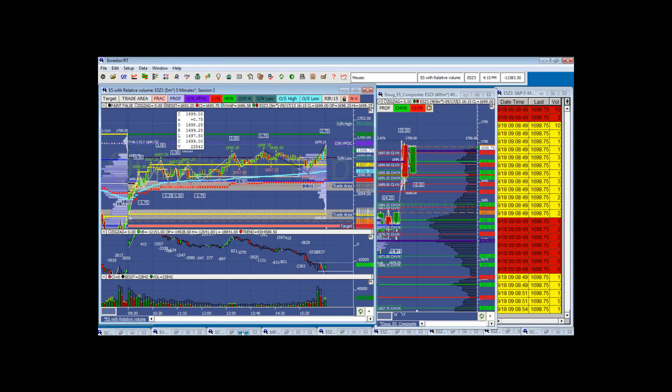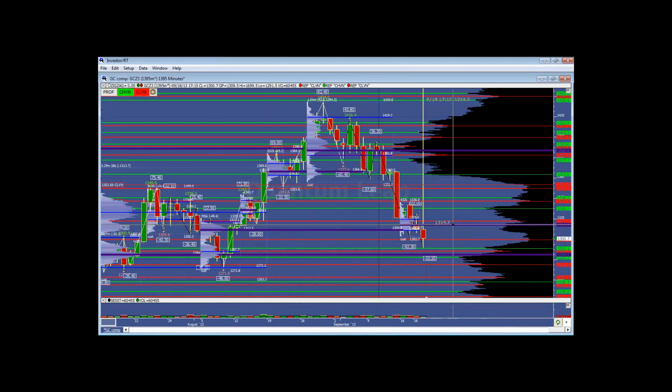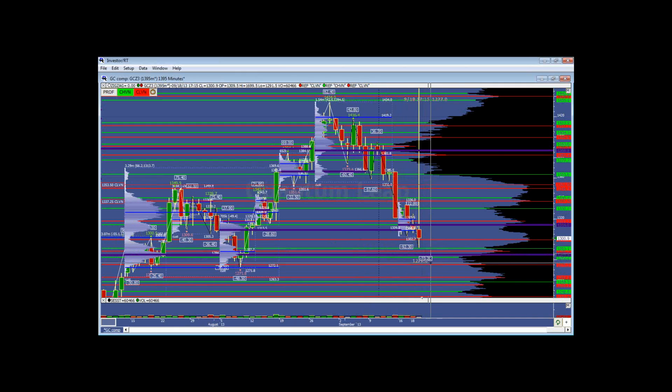Take a quick look at gold. Well, we broke the 1300. I've got a data problem here, so I'll have to do a data download. We went down and hit that CHVN at 91.10, right to the tick. We didn't quite get pushed through to the target below, which is that 1284.90, and then we